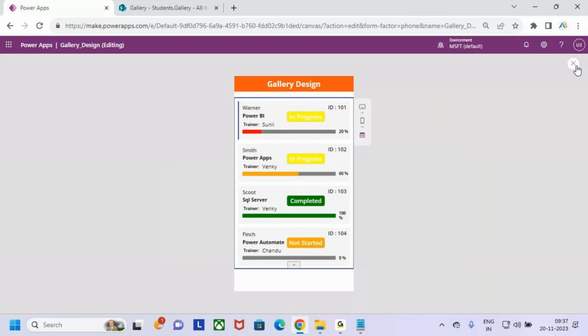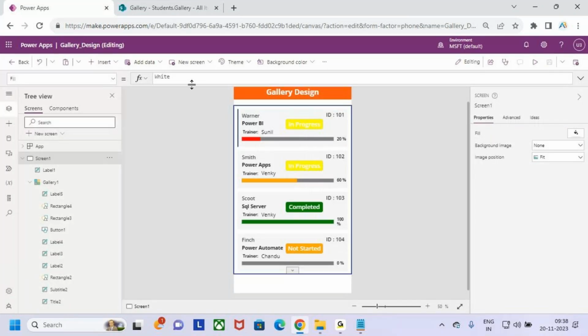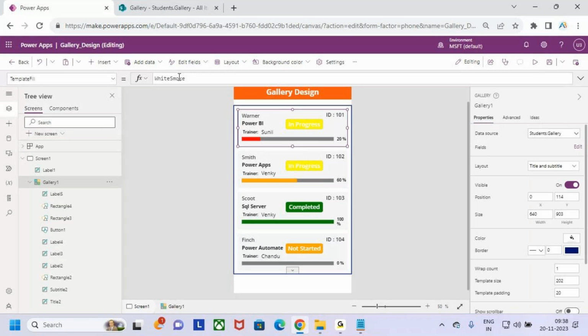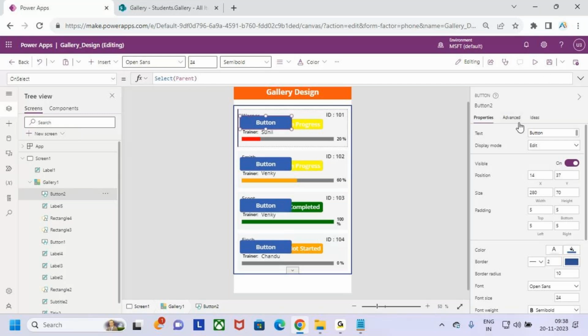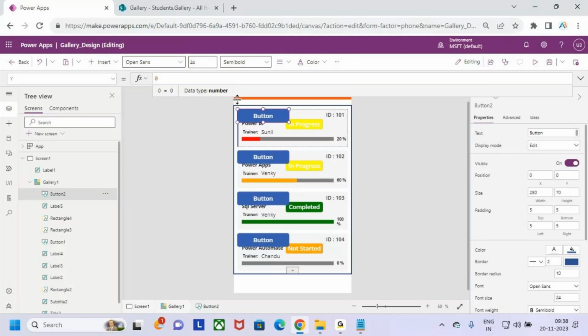So in order to get that requirement, what I will do here is select the gallery, edit the gallery, and add one button. Add the button. For this button, first let me fix the axis. Go to the x-axis, keep it as 0, and go to the y-axis, keep the y-axis also 0, and go to the width property. In the width property, keep it as